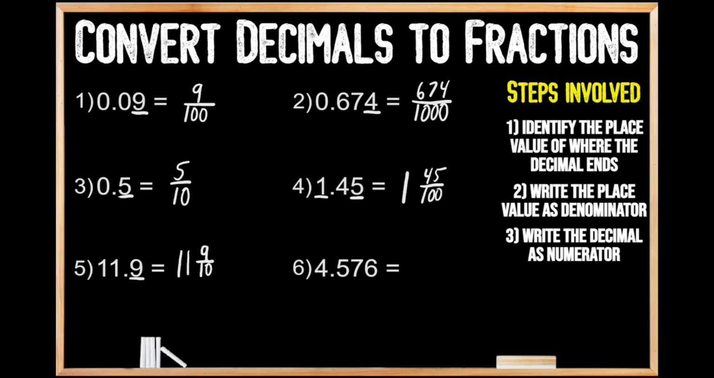Now we're going to move on to our last problem, where we're being asked to convert the decimal of 4.576 into a fraction. Once again, we have a whole number with our decimal here, so we're going to write the value of our whole number into our answer, and then work through the steps. We identify the place value where the decimal ends, which in this case is the thousandths place. So the denominator is going to have a value of 1000, and for our numerator, we're going to write the value of our decimal, which in this case is 576. So we're going to have a mixed number of